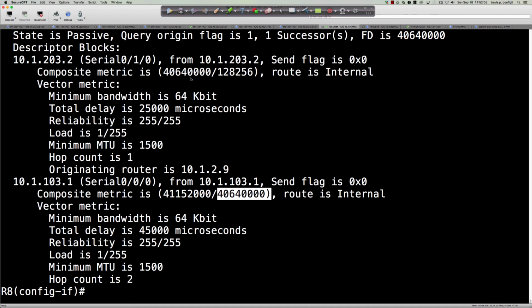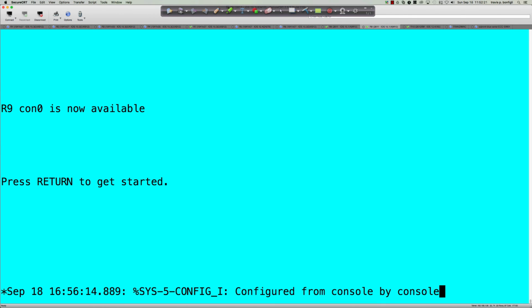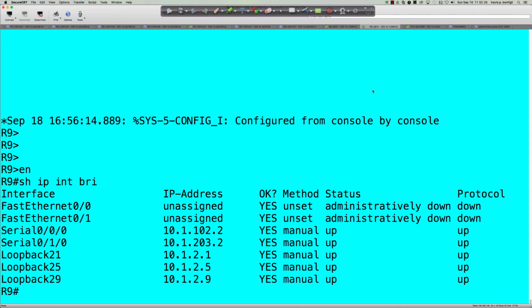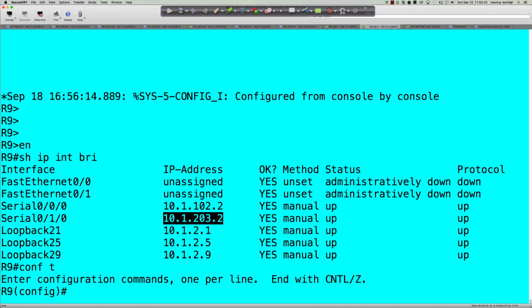And so then if the router 2 serial link were to shut down, would EIGRP route through router 1 to get there? Why isn't the switch to the new path as quick as it could be? And the answer is absolutely, right? So if we were to shut down on router 2, which is our router 9, and we want to make sure we get the right interface here, show IP interface brief, and we're talking about the link between router 2 and router 3, which is this one here, 10.1.203.2, so we'll say interface serial 0/1/0,